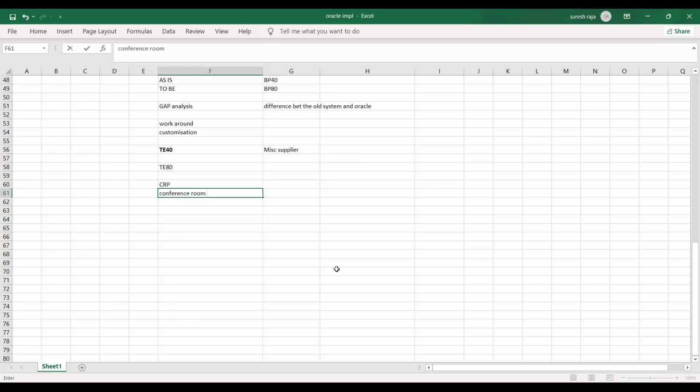If the managers, the AP manager or AR manager, are not satisfied with your solution, after this technique, customization and workaround configuration in the test instance, you will show them. You will show them, this is what we have done for you. It will go CRP1, CRP2. That's why implementation goes on for very long. Once they confirm, they have to sign off: yes, I got what I want. We have to get a sign off.